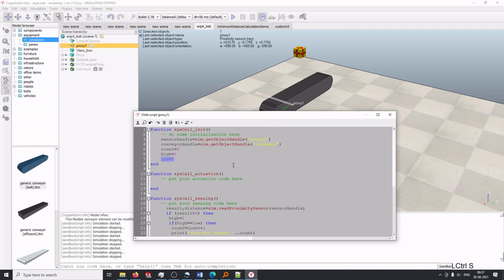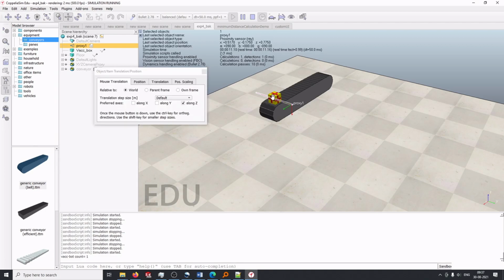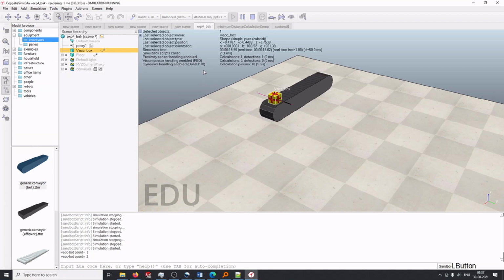Okay, so now let's run this. We'll see what happens. Okay, so we have the count equal to 1, right? Now next we just move the box around again, and the count should increase, right? Okay, so this is the basics. This is the basic which is required to move further with the problem statement. The details are described in the question sheet. You guys can follow that and try to attempt the problem, right? Okay.